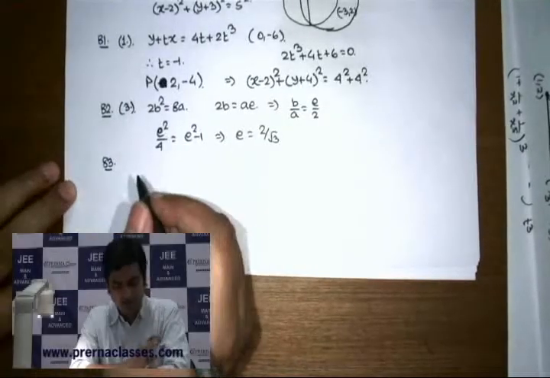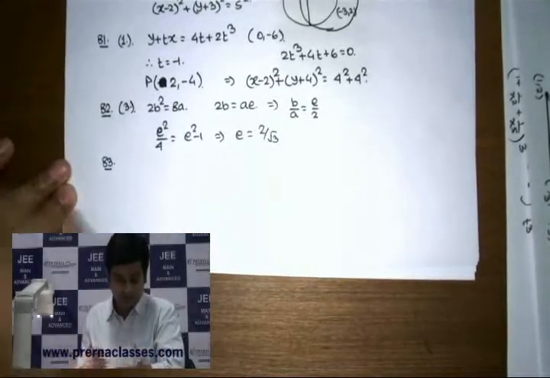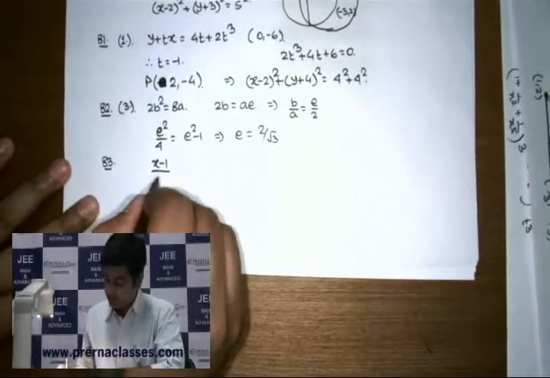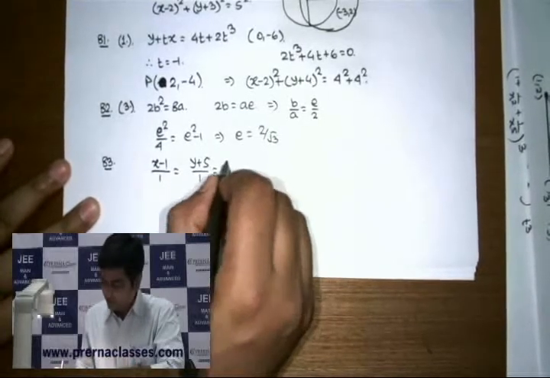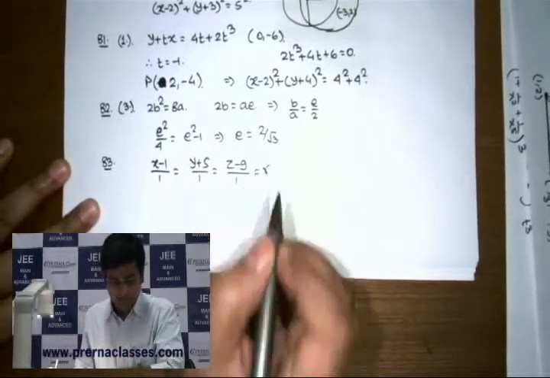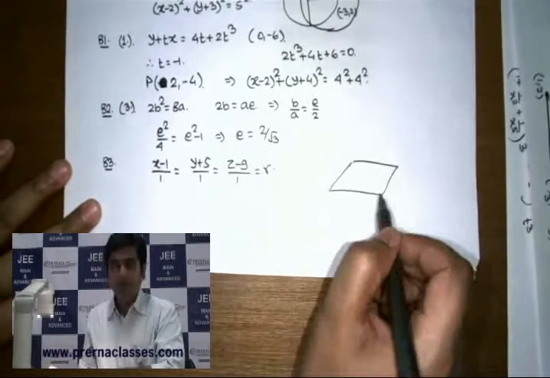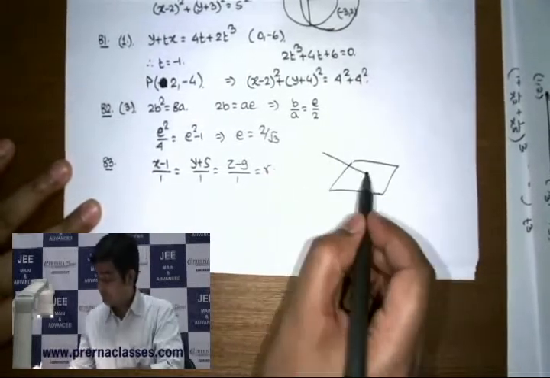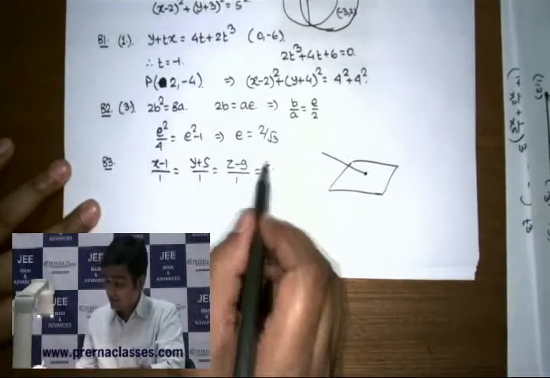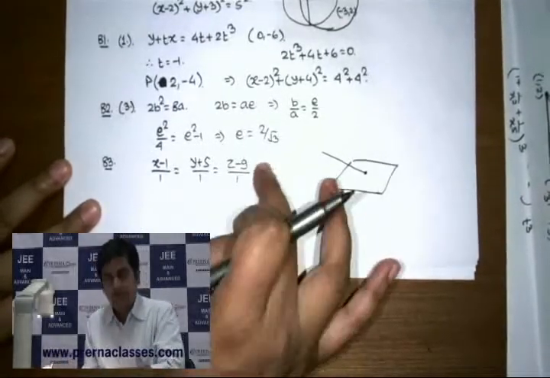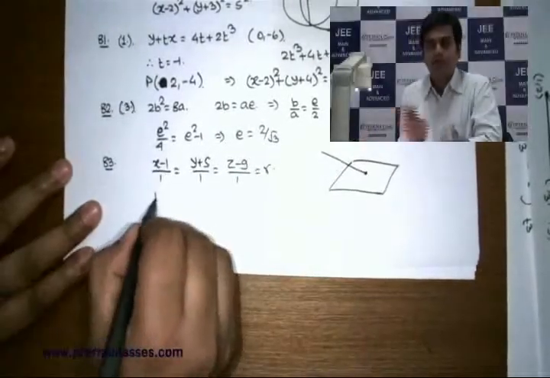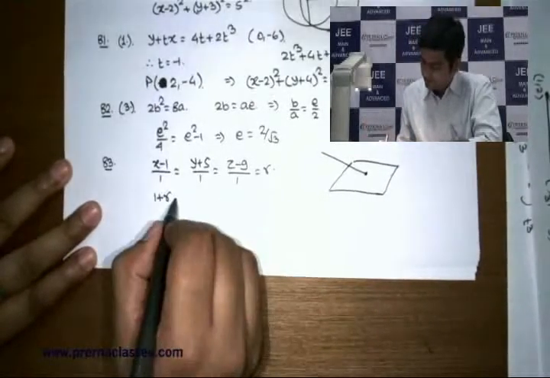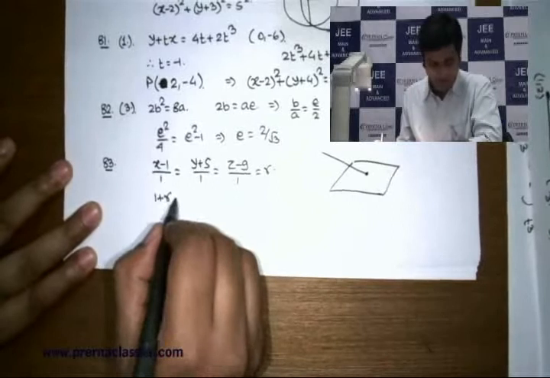And the next problem is related to 3 dimension, and you have one point given and you have to measure some distance of that point from a plane with respect to some line given. Clearly you can write down first of all a line parallel to the given line through the given point, as in this way. And if you take a variable point like this, that variable point, if you substitute it within the plane, you will end up getting the value of r, and if you put it back here you will end up getting that coordinate, and hence by the distance formula you can handle that.